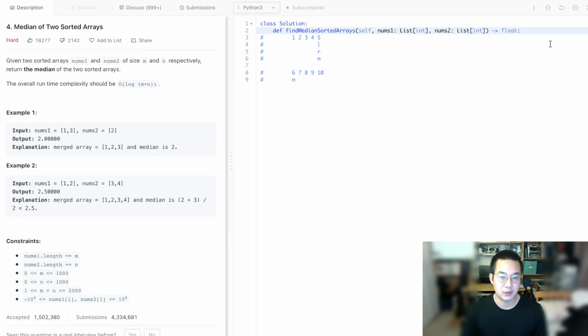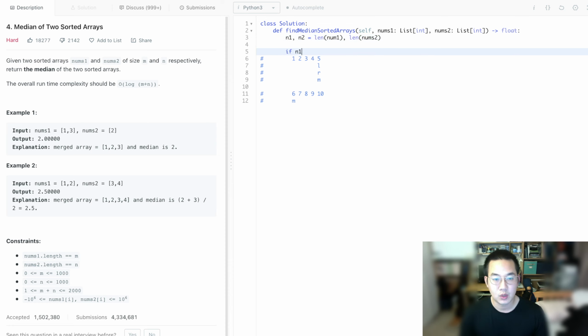So let's get to it. If you think this is unclear, I will work harder to make this more clear. So let's do it. So first things first, n1 and n2 is equal to the length of nums1 and nums2. So if nums1 is greater than nums2, we're gonna return self.findMedianSortedArrays and swap the two, because we